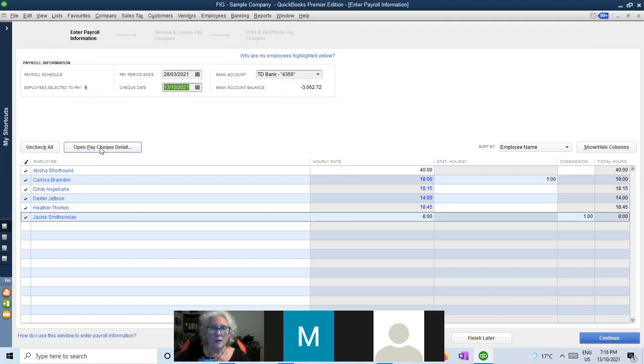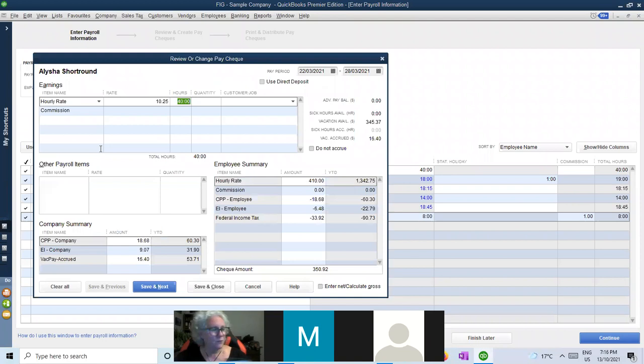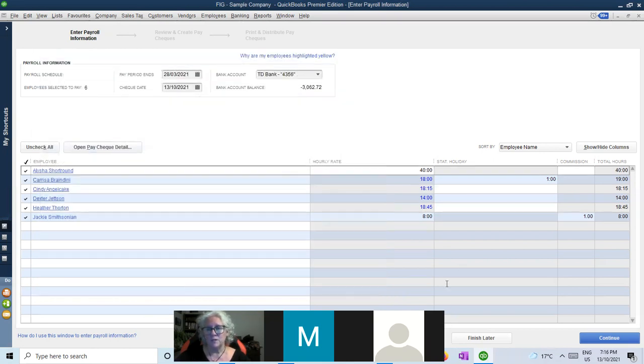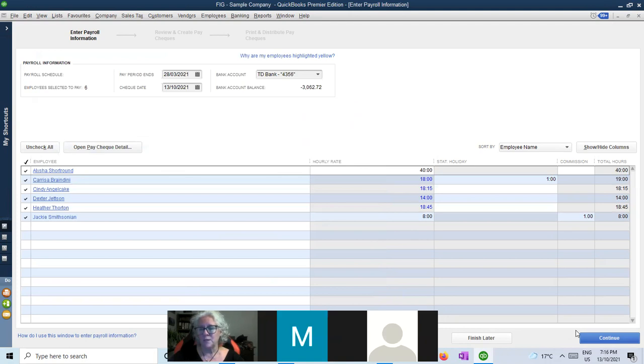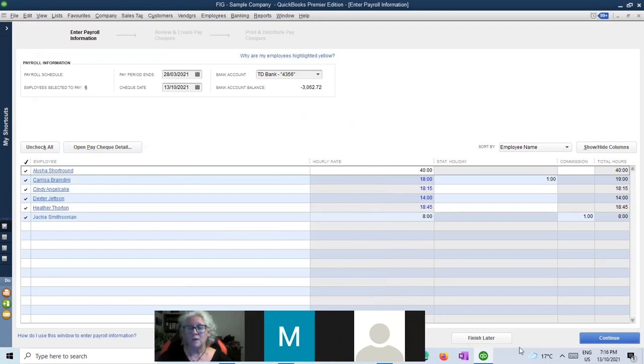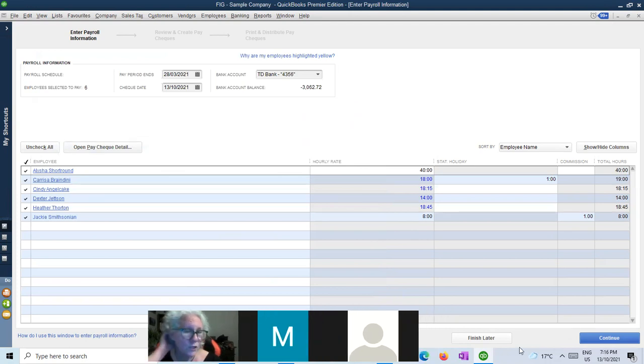But if you click on everybody and you open the payroll, their defaults are already set. So you just have to put in the numbers, the hours, and it does the math for you. And you would go to next and next and next and next, and then, hopefully I get to the end, save and close. And down here, you would continue, and you're really just following the prompts to produce your stuff,